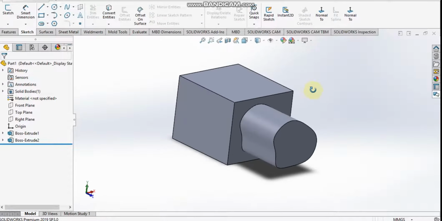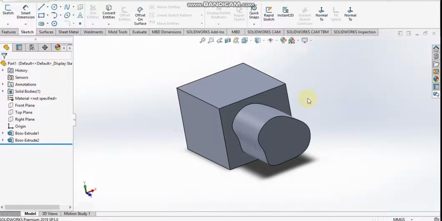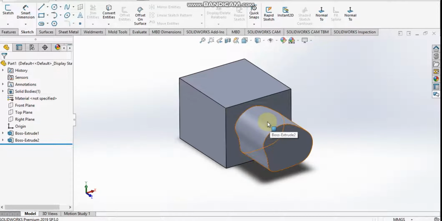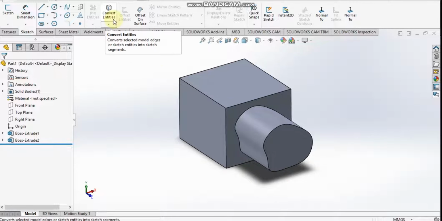Okay, I want to draw something on this plane, for which I want a reference of the intersection of this geometry with this plane. For that, I want to convert this irregular shape into a sketch on this plane for drawing something else. For that, I can directly use the convert entities option. I can directly project this onto this face. Or else, we can directly select the intersection curve option. First we will do this operation using convert entities, and later we will do it using intersection curve.